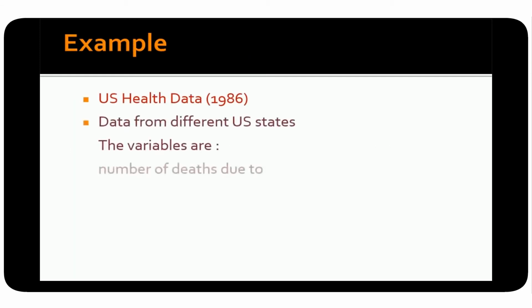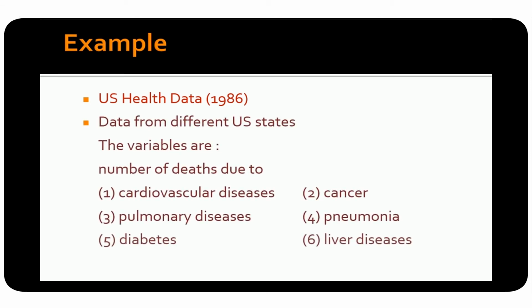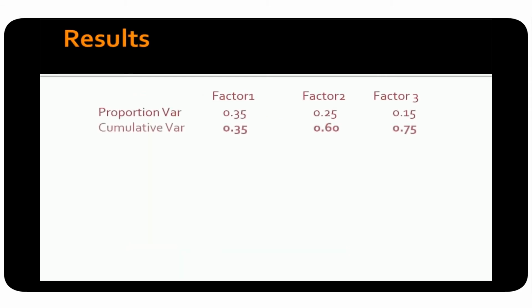Now, let us look at an example. In this example, we have 6 variables. These are 6 diseases, namely the cardiovascular disease, the cancer disease, the pulmonary diseases, pneumonia, diabetes and liver. And the data is basically the number of deaths owing to these diseases. And we wanted to find out if there was some particular factor or factors which are common to all these diseases. So, we tried out a factor analysis with these 6 variables with the data on each of these diseases